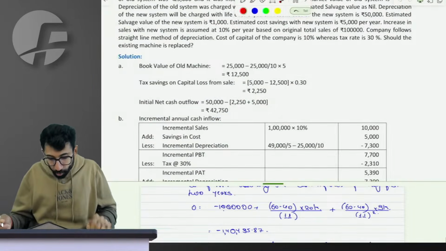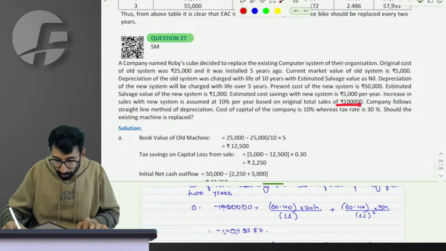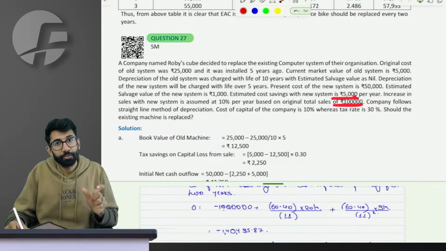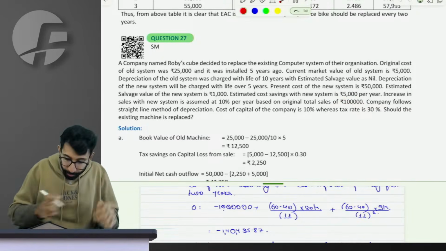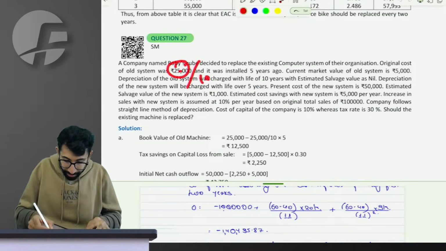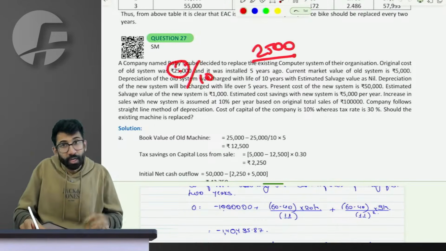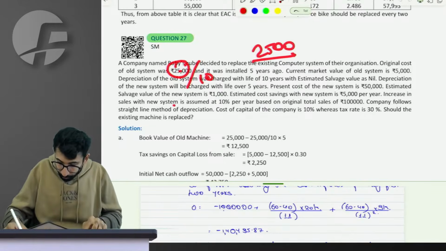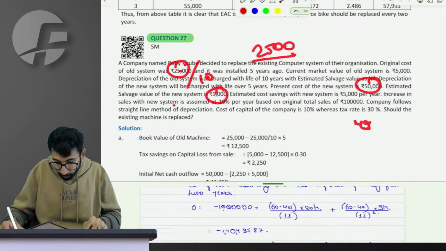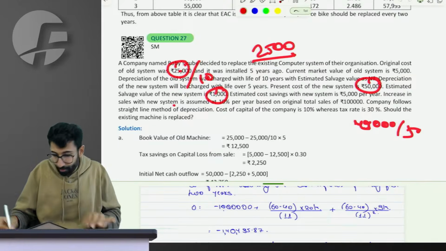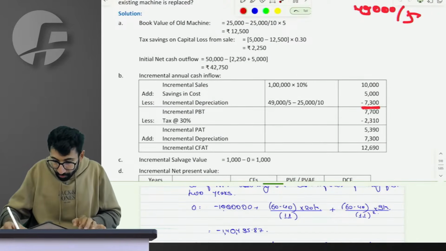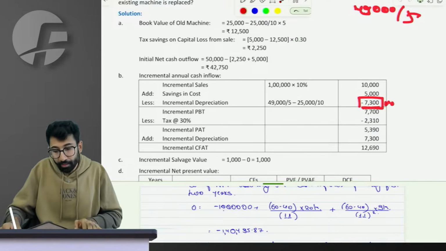So similarly, in this case if you observe, revenue 10,000 extra, saving 5,000 extra, so overall 15,000 of benefit. Any other cost information? No. What is the next element? Depreciation. If I use the old machine, depreciation is 20,000 divided by 10, as 2,500. However, if I use the new machine, 50,000 minus salvage value of 1,000, so 49,000, divided by 5. So 49,000 divided by 5 is 9,800, minus 2,500 gives me 7,300 of incremental depreciation.